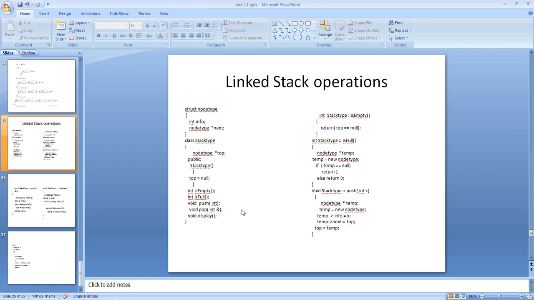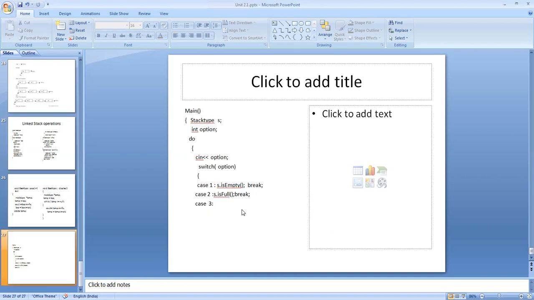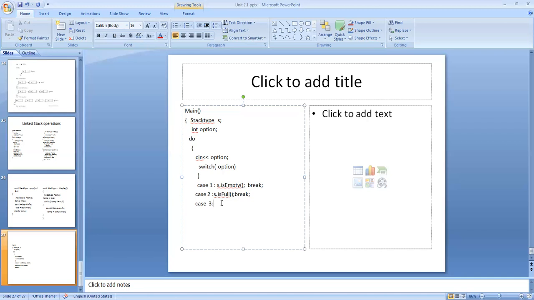That means I should get a value, then I should put that into the function here. What value is to be pushed?